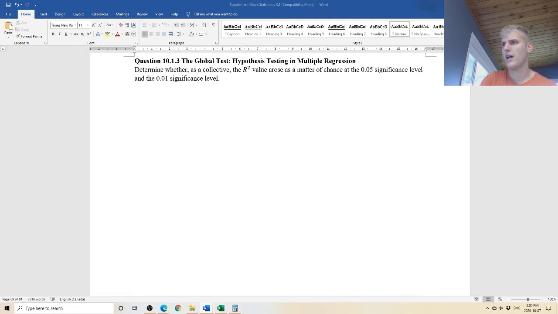So to do that, we'll set our hypothesis as our slope for our first variable equals our slope for our second variable, which equals 0. And our second one is that not all